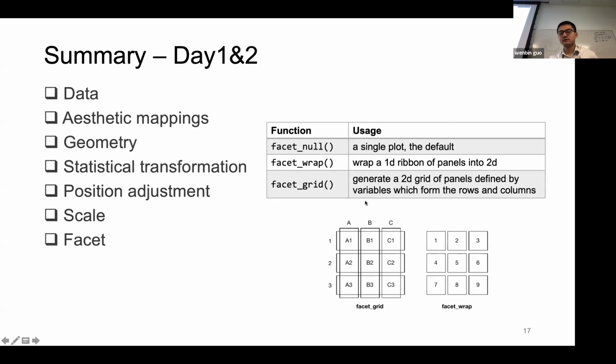And for the facet grid, you can generate a 2D grid of panels, specifying 2 variables, like the rows and the columns. So basically for each of the panels inside, for example, take an example here as 1 and A, it will take the subset of data that has one variable with the value A and another variable's value to be 1. So just take that subset of data and then make the plot. So this facet is used for discrete variables like A, B, C. We know it's discrete. So if you are dealing with some continuous variable, you have to do some kind of